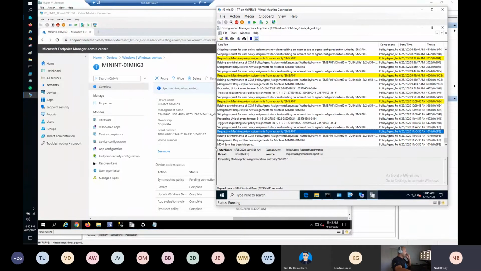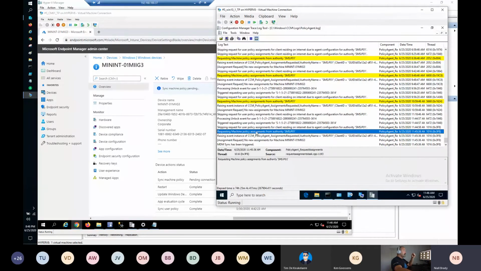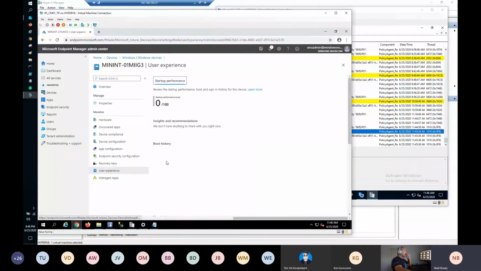So what happens is basically this connects to your Config Manager infrastructure and uses the BGP notification ability to send an instant notification to the client. And that's what you saw. It instantly got the notification and updated its machine policy. Okay, so same goes for the other two options that you have. All right, so let's go back to our